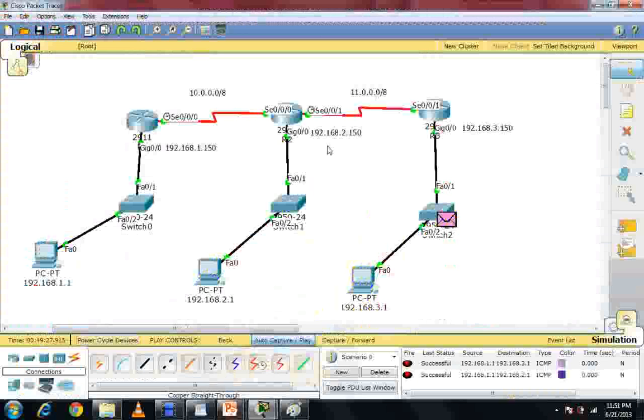Okay guys, this is the end of the video. This is called a RIP topology network. How is the configuration and what is the RIP topology? Okay, in the next video we're going to look at